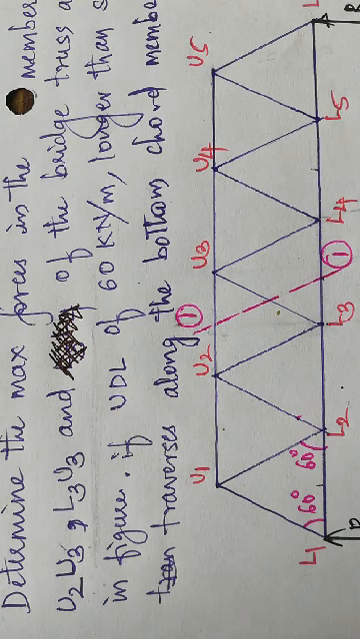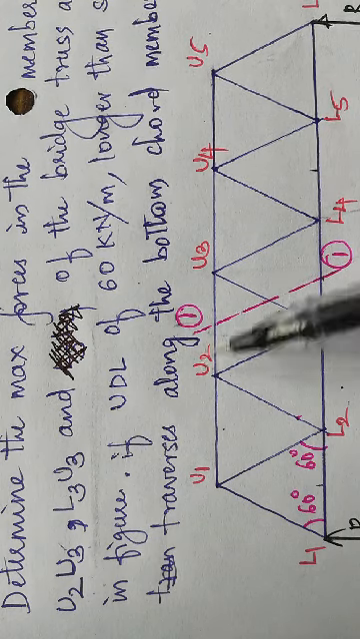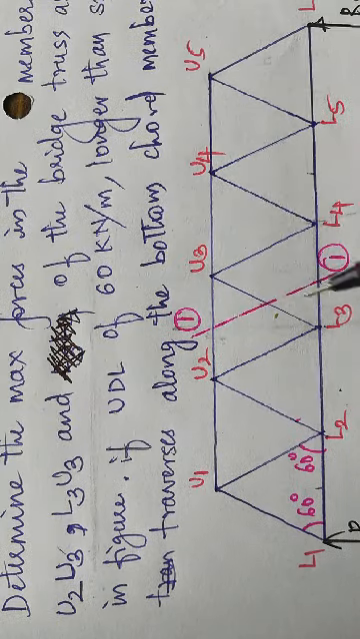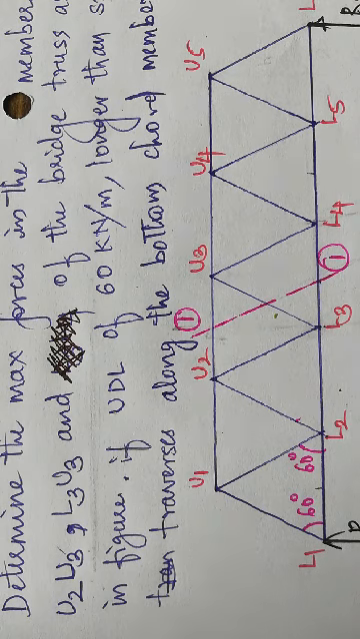In today's class we are going to take one more problem on trusses using the influence line diagram. We have to build the influence line diagram and find out the maximum forces in the members. Here the members are U2 U3, L3 U3. Of the bridge truss as shown in the figure, if a UDL of 60 kN per meter longer than the span